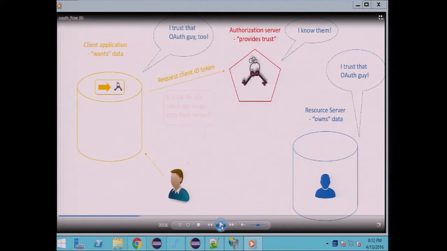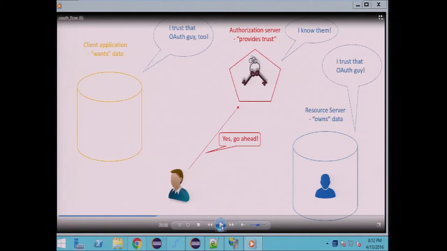In my application, somewhere on the page, I have to put a little button which redirects me to authorization server. And I have to supply some JSON formatted object, which is defined by the OAuth specification. So when I request the client token from authorization server,